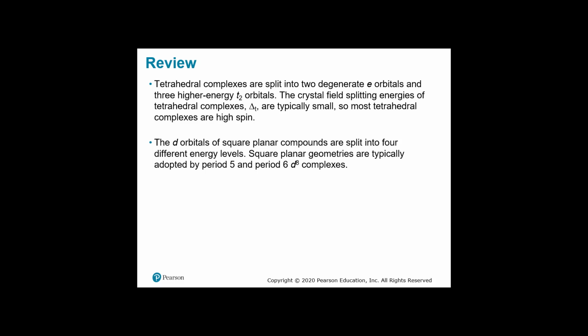Tetrahedral complexes are split into 2 degenerate e orbitals and 3 higher orbitals. The crystal field splitting energies of tetrahedral are opposite of octahedral. And remember, we're dealing with fewer ligands, so they tend to be small. Most tetrahedral complexes are high spin. That was on the slide, but I didn't talk about it yet, so I didn't bring it up. But if you go back to that slide, you'll see that it says this. For d orbitals, the square planar are the most complex. They split into 4 different energy levels. And square planar geometries are typically adopted by period 5 and period